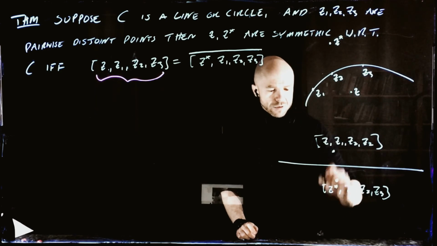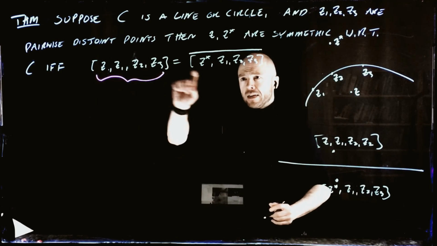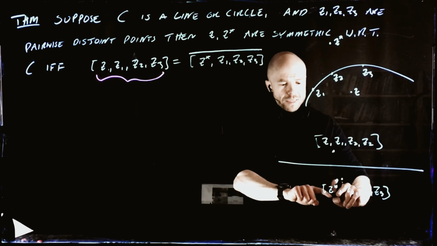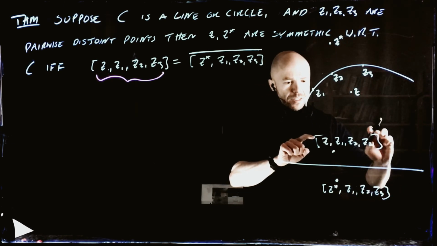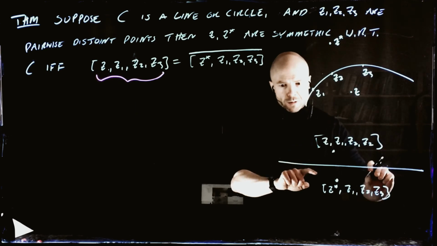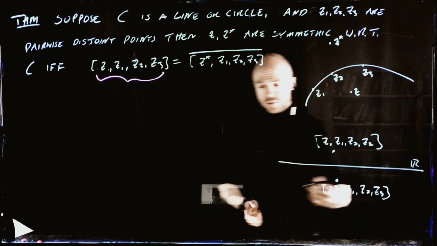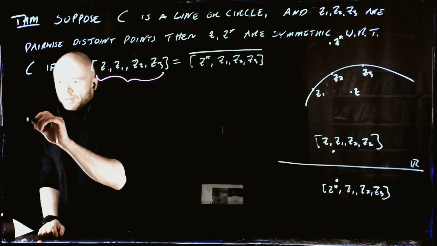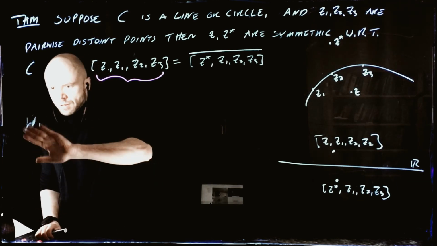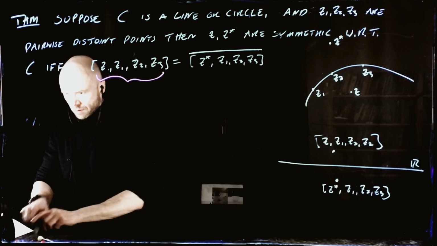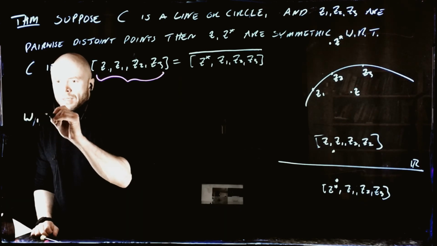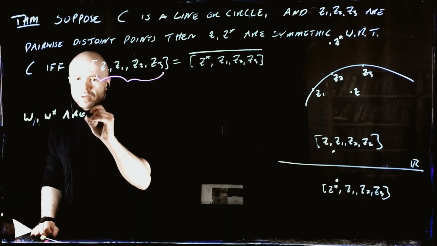Because when we have this relation, that's exactly the same as saying that Z star, or well, let me say that better. It's exactly the same as saying that this number is symmetrical with respect to this complex number across the real line, right? Because W and W star are symmetric